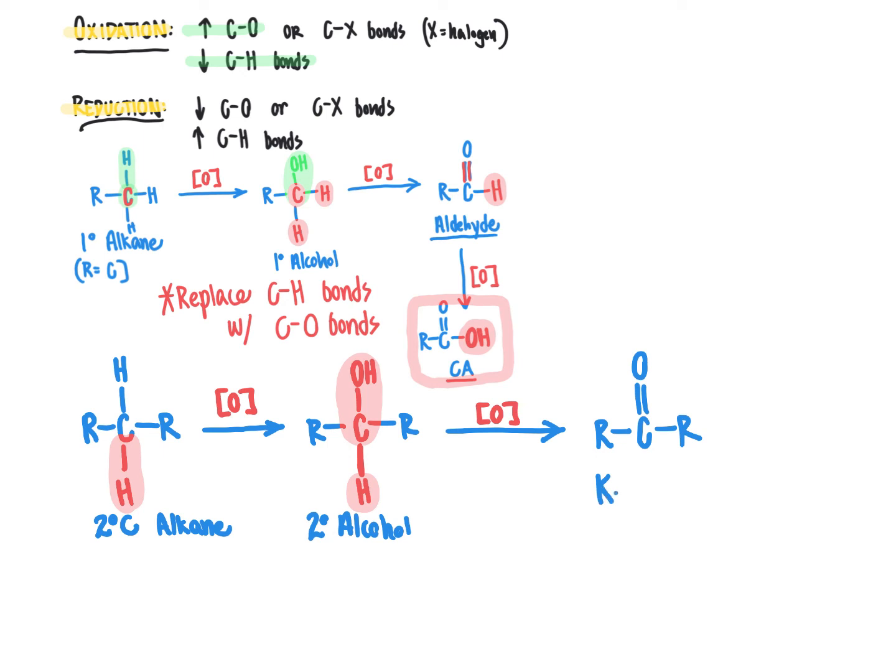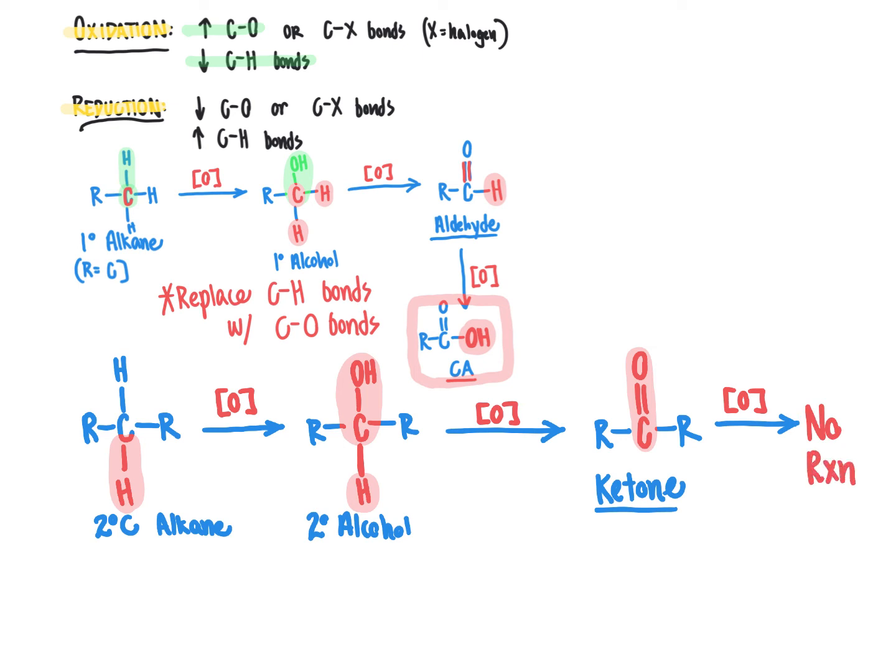And you'll notice that the functional group this would fit would be that of a ketone, because keep in mind that those R groups are each carbon-containing groups. So this would give us a ketone. Then we could try to further oxidize this. And remember that the key to oxidizing our carbon atoms here is replacing carbon-hydrogen bonds with carbon-oxygen bonds. And you'll notice here at the site that's being oxidized, that is our ketone carbonyl group, we have no more direct bonds to hydrogen available, and therefore we would generally see that this would undergo no further reaction,